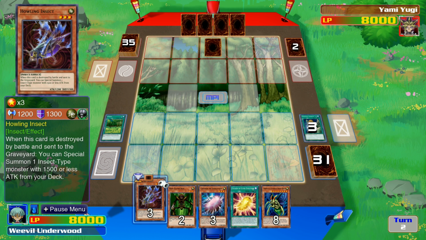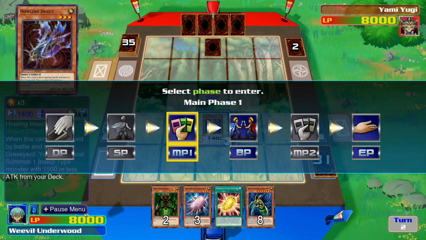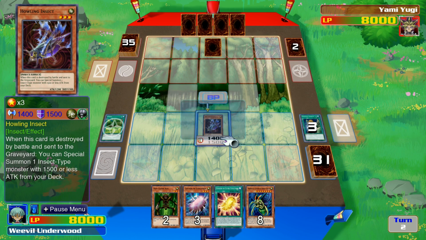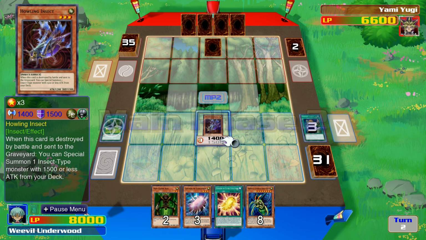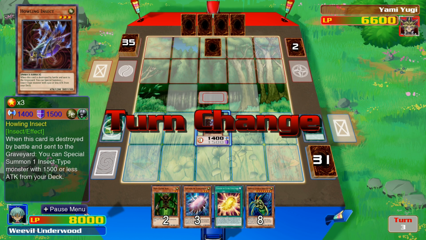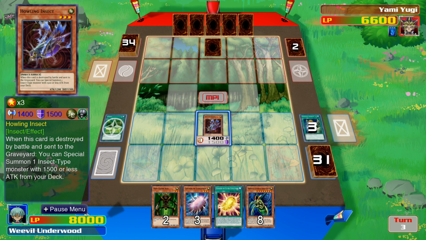I could potentially use its floating effect, which I might do actually, because he's got no cards on the field. If it is Mirror Force, then that's good, because it's already gone. No, that's good. So early life point damage, I'm fine with that. Plus, as I said, I've got a floating effect into another insect for free, as long as it's 1500 attack or less from my deck, so I can easily just summon out...